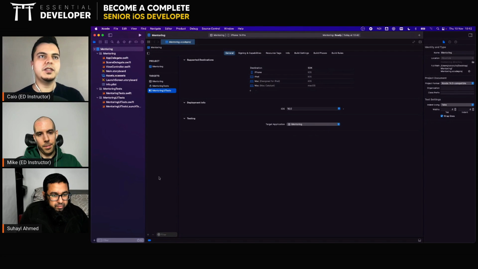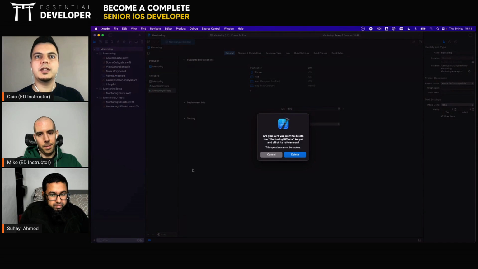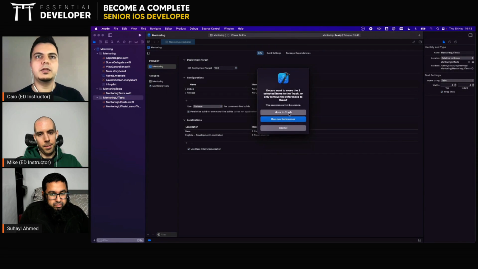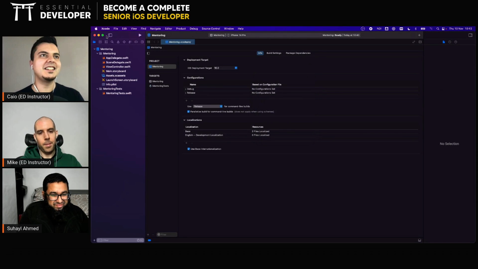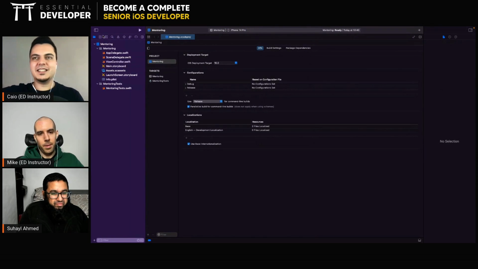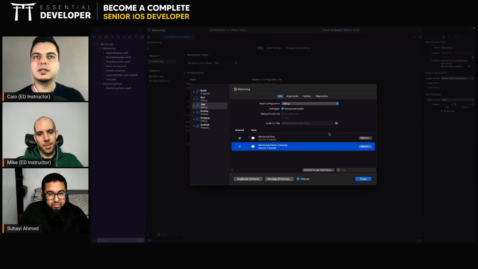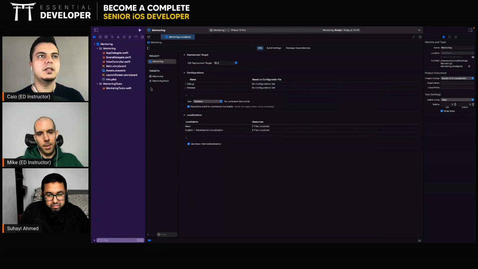So even remove this UI test target here because it will take a long time to run. So usually I create a new project, I already delete the UI test target and I add it later if needed. Maybe there's a feature that I cannot test with the XCTest and I need that extra thing, and then I will think about UI tests, but I will avoid it as much as possible. I will edit the scheme to remove this target now. Oh, okay, so now we have only our test targets here. Let's run the test.